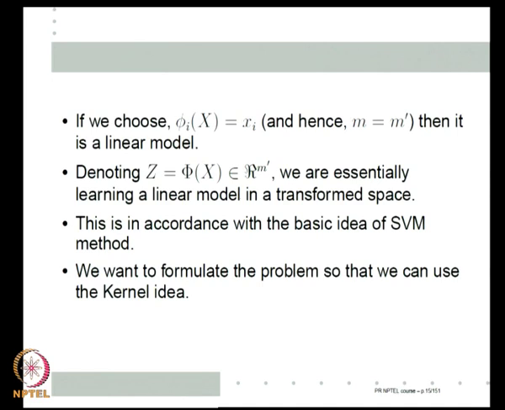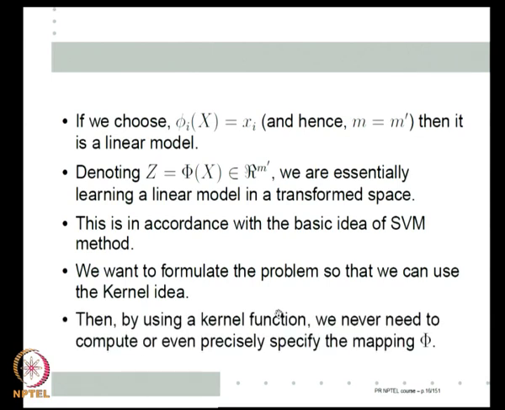We want to do this problem formulation in such a way that you can use the kernel idea. So, once again, it is the same kind of problem as in the classification case. So, I may have a 100 dimensional space in which I want to learn quadratic functions, but if I want to learn quadratic functions by explicitly specifying phi 1, phi 2, phi m prime, I will have a 10,000 dimensional linear least squares regression problem. We do not want to do that. We want to use a kernel function, so that we do this implicitly. We do not even have to precisely specify the mapping phi, we only specify the function.